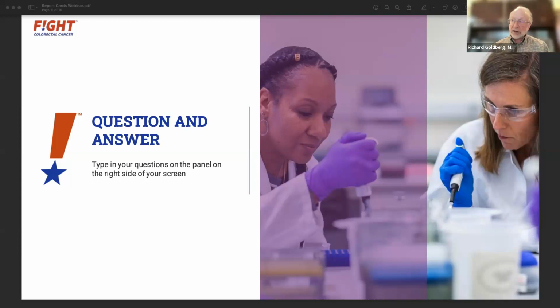And if we detect ctDNA in the bloodstream, then that makes us look for signs that the cancer has come back. And there are even clinical trials now that are being done to try and treat patients, even if you can't see the cancer, if their ctDNA turns positive.